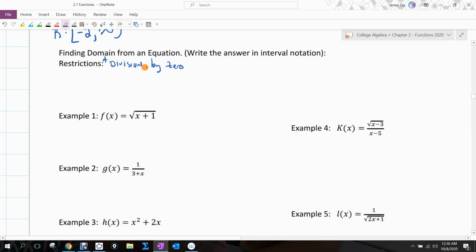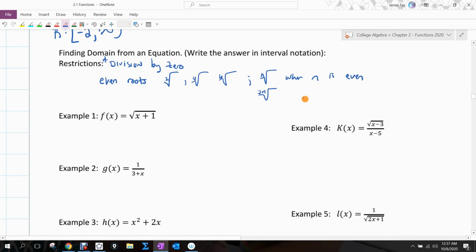Okay, so division by 0 is a problem, and then even roots. Okay, so there are a couple different ways you might see this expressed. Even roots: square root, fourth root, sixth root. Sometimes they'll express it as the nth root, where n is even and positive. Or you might see it where they say